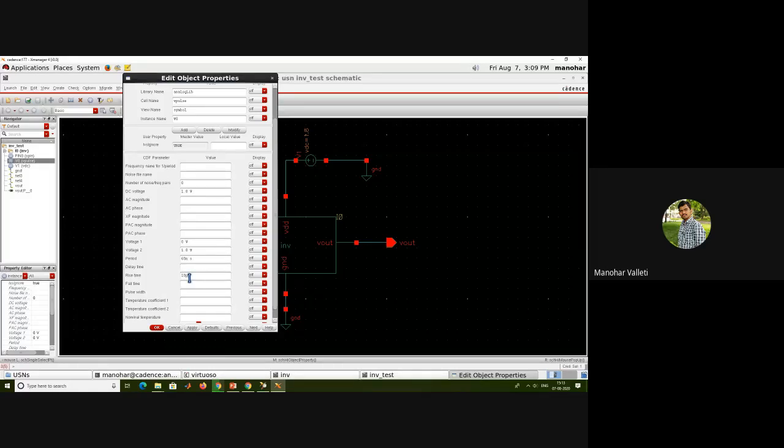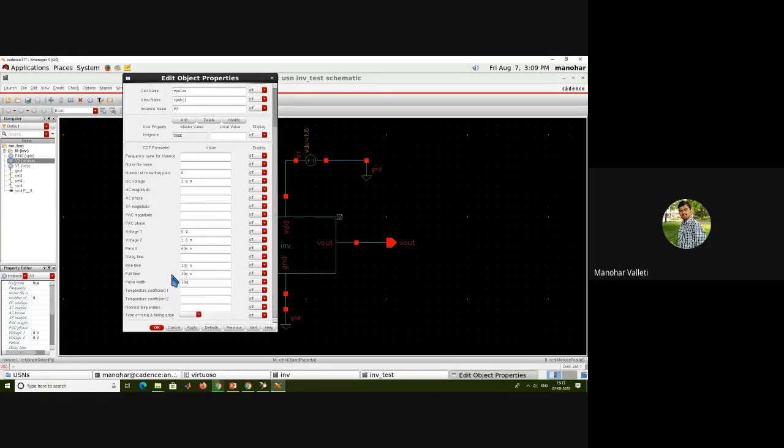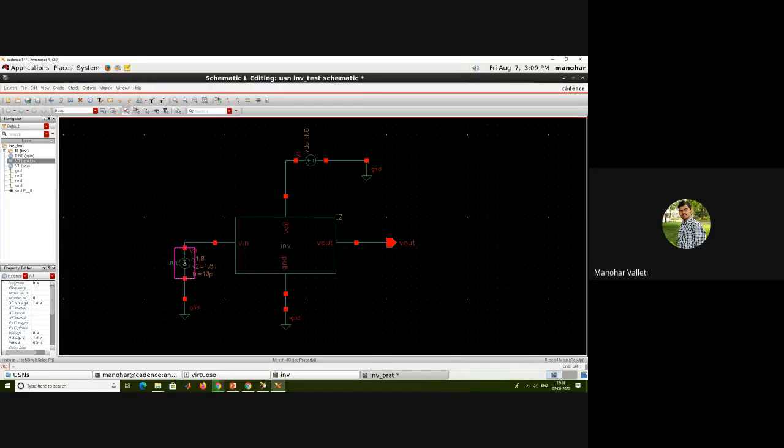Rise time 10 picoseconds I will give. Fall time 10 picoseconds I will give. Pulse width, always try to give half of the period, so 30 nanoseconds. Rest of the things you don't need to touch. DC magnitude, all those things, no need to touch. 1.8 volts DC voltage is enough. So click OK.